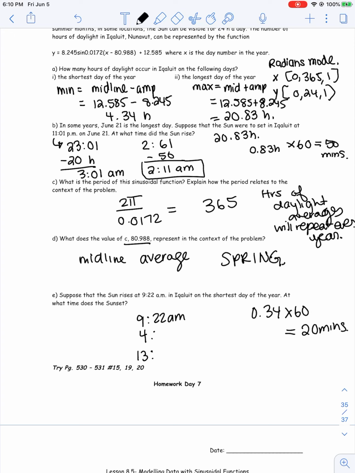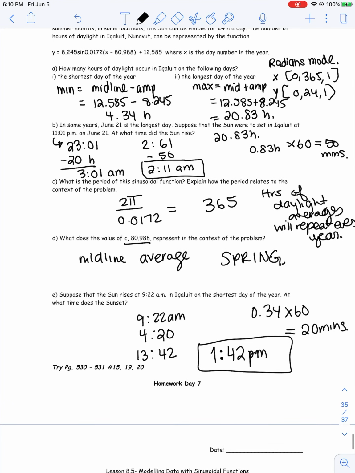So we know that it's 4 hours and 20 minutes after 9:22. That's going to be 13:42 if we're on the 24-hour clock. Well, 13:42 is the equivalent of saying that it's 1:42 p.m. on a regular clock. So that would be our final answer for question E. So that is lesson